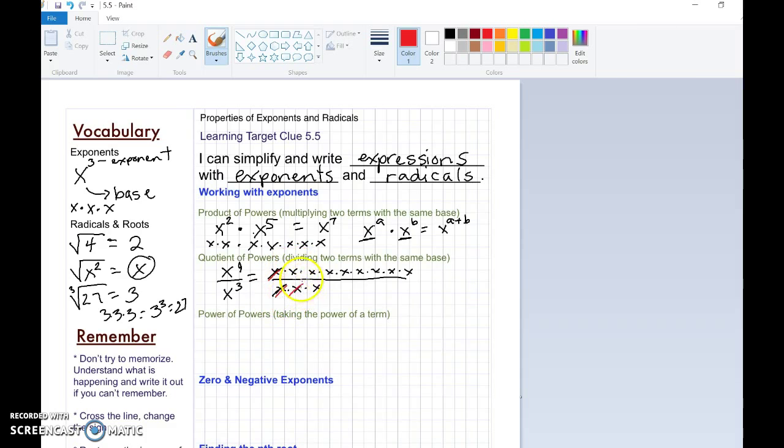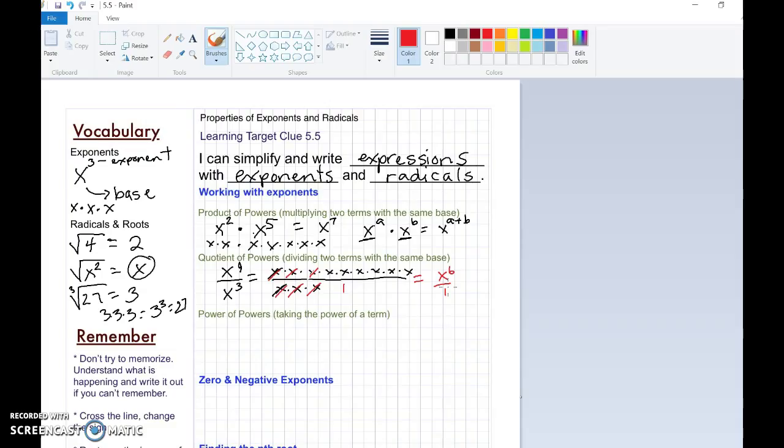And x divided by x here makes a 1, and x divided by x here makes a 1. And so then all that I have left down here is just 1. And I have 1 times 1 times 1, which is just 1, times x times x times x times x times x times x, which is 6 x's. So that becomes x to the 6th, or x to the 6th over 1, which just is x to the 6th. All right? So when we are dividing